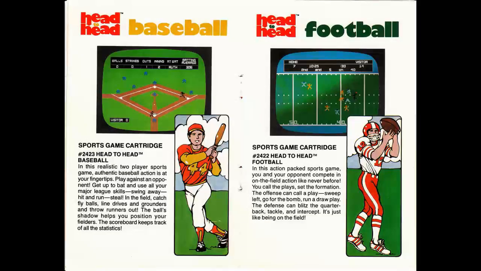Next up, we have what would have been called the head-to-head baseball and head-to-head football. Now, if you look at the screenshots, they look quite a bit like the real sports baseball and football games that the Atari 2600 and then later the 5200 had. Now, this is my opinion, so please don't come for me. I don't really think that the regular ColecoVision controller was all that comparable to play sports games on,